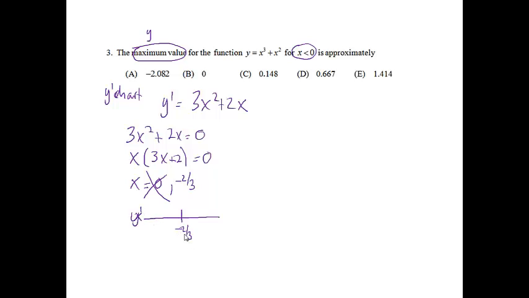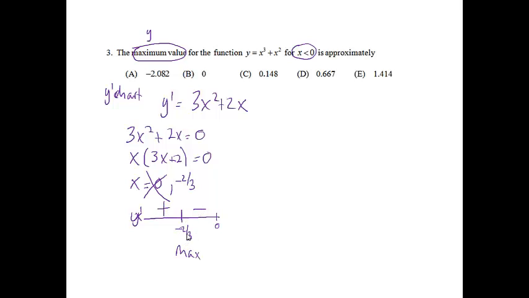If I pick something to the left of negative 2/3, let's say negative 1, and plug negative 1 into the derivative, I will get a positive value. And if I pick something over here, I can't pick 0 because 0 is a critical number, so let's say I picked negative 1/3. If I put negative 1/3 into the derivative, I'll get a negative answer. So I'm looking for a maximum value. I notice that when x equals negative 2/3, this is a maximum because the derivative goes from positive to negative,